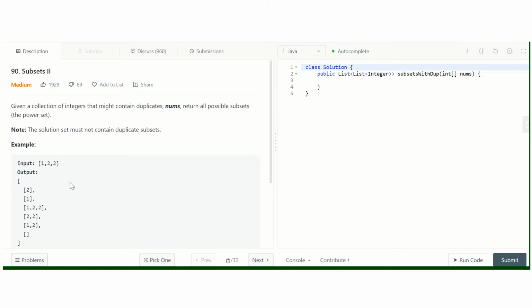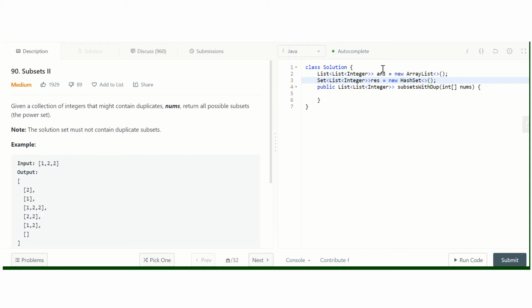So let's first implement it. We have to return the result in the form of lists. So let's create a list of lists of integers and name it answer, and a set of lists for keeping unique candidate subsets, and name it result, a new hash set.